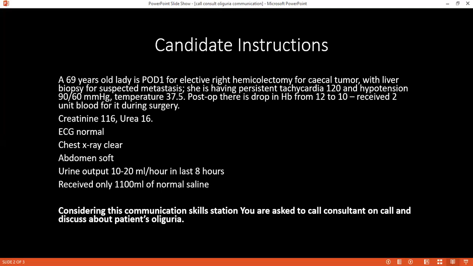Okay, regarding the ATLS protocol, have you checked the exposure of the patient? I have exposed the patient to look for any painful swelling of the leg or signs of DVT. Okay, is the patient wearing TEDs? I'll check this from the notes and let you know about this later.